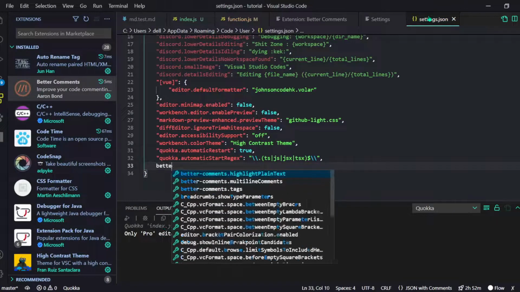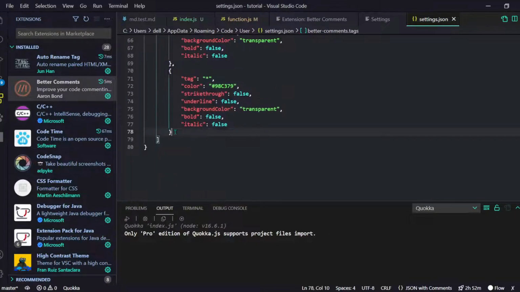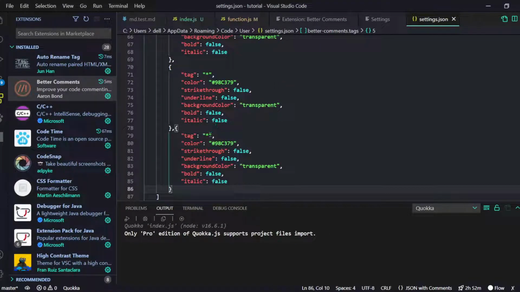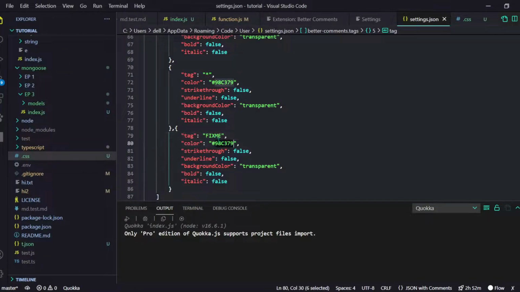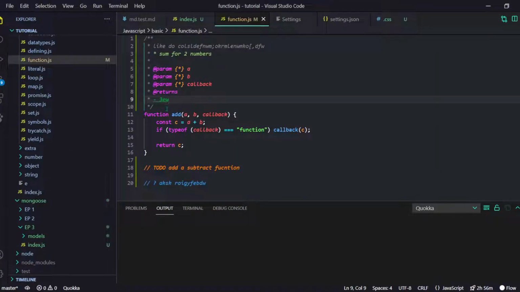We just have to do better-comments.tags and enter, and first of all, our normal tags are added. You can just copy this much, and repaste it, and now we can make our own tag. Like for example, FIXME, and the color is like, let me just get a cool color real quick, and we can just add a cool color, and strikethrough is false, and we can add underline as true, and we can choose background color as well, but I will choose transparent, and we can set bold to true and italic to false. And let's go to our normal stuff, and after reloading, you can see that if I add